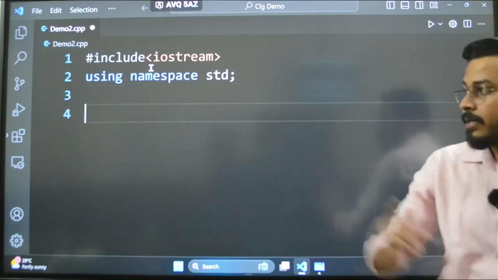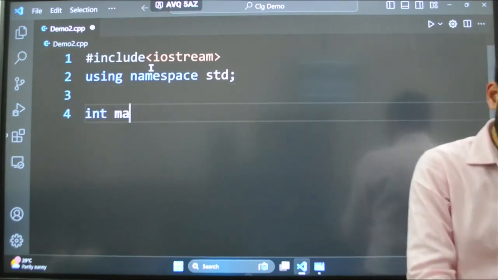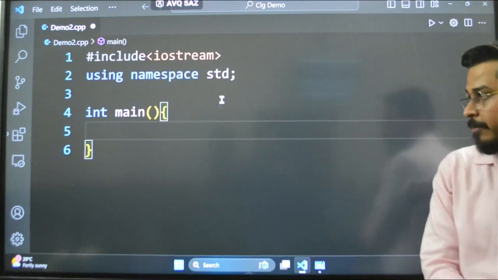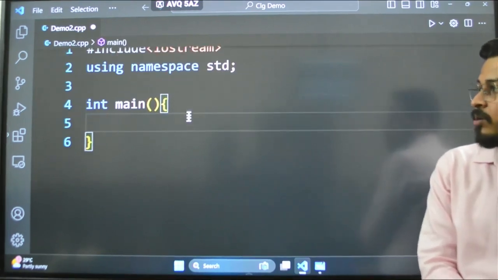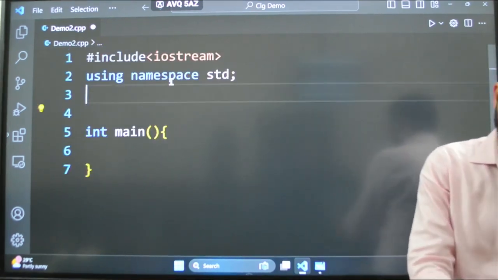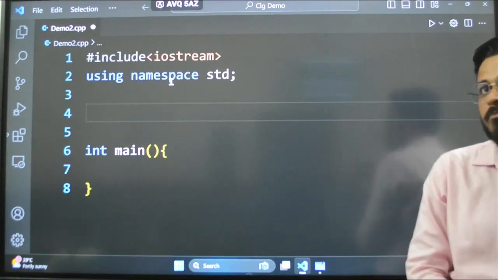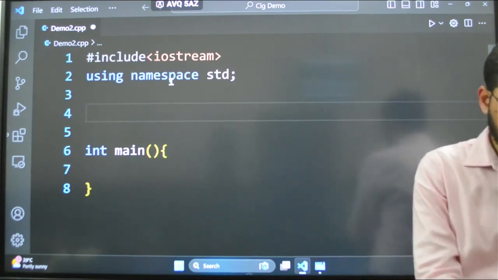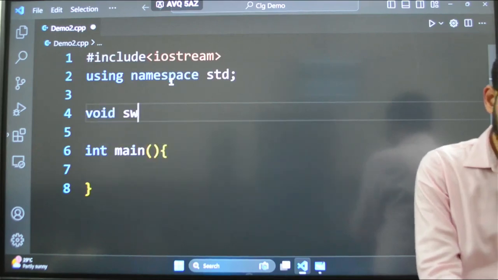Okay, and after this I'm gonna say int main, and in this int main, let us say I have taken a function. Let's take an example of void swap.